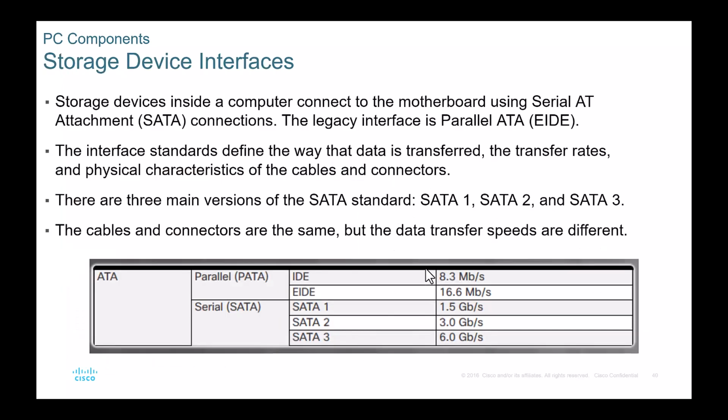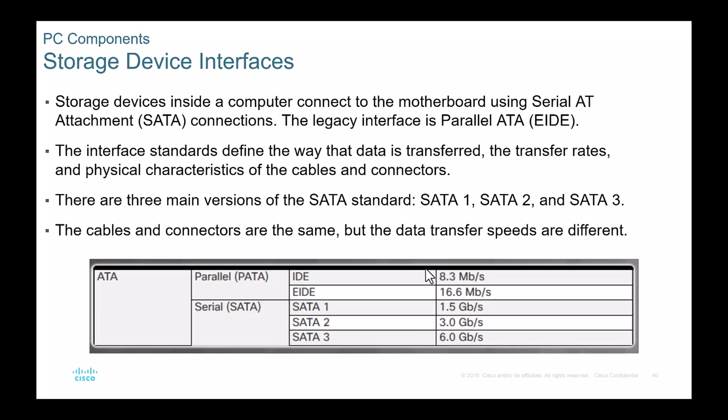We used to use the technology known as PATA, which is Parallel ATA. Again, this is just for A+ knowledge. You should not run into this anywhere. But just as a point of reference, look at what our speeds were, okay? Back in the day, we were doing 8.3 megabytes per second. Yes, you read that, megabytes per second. And then we figured out EIDE, our blue cables, and we got 16.6 megabytes per second. And we thought that was great. It was more than we had ever had.